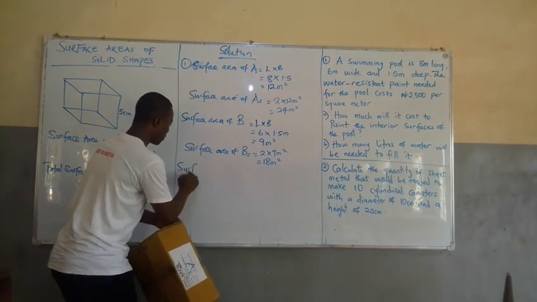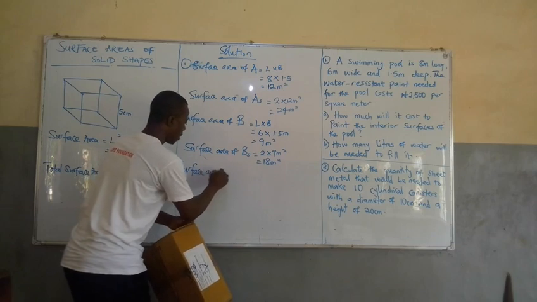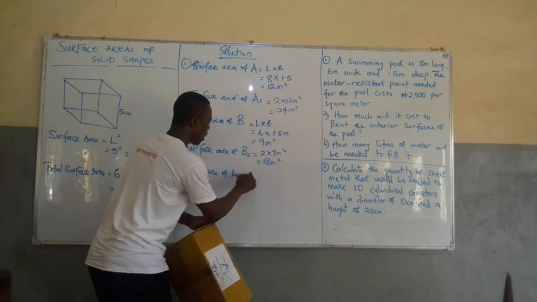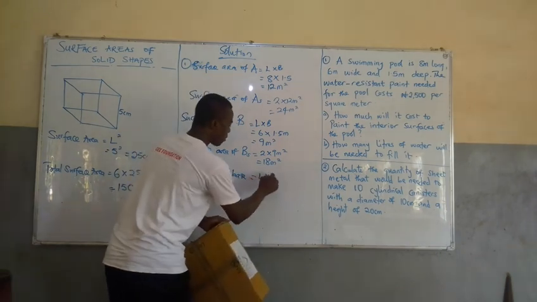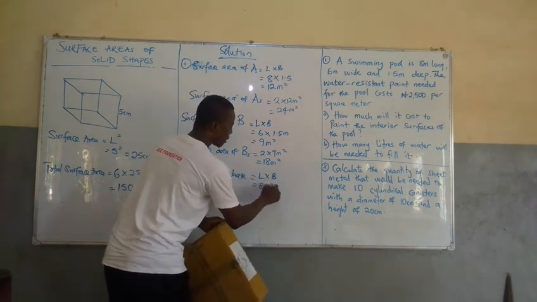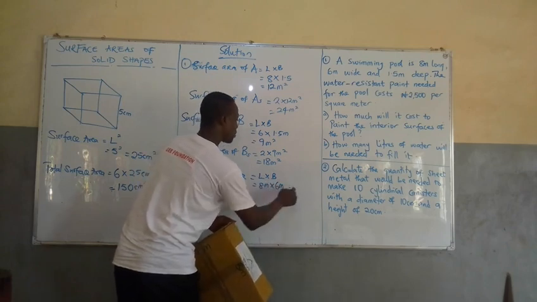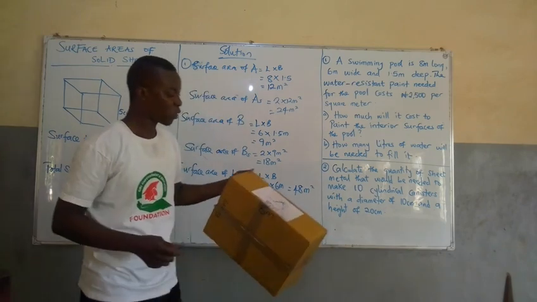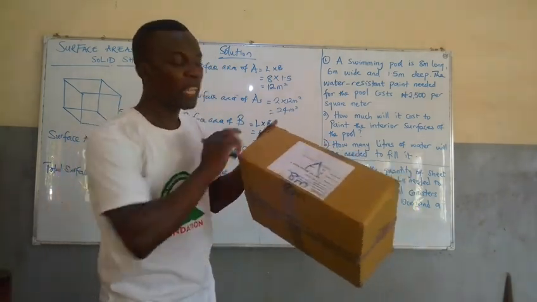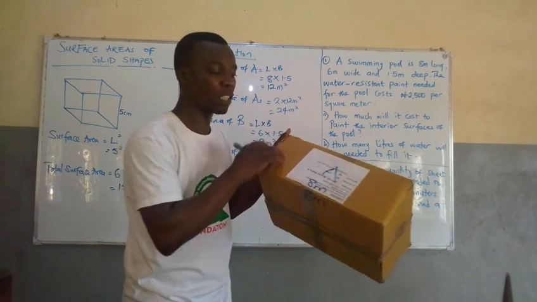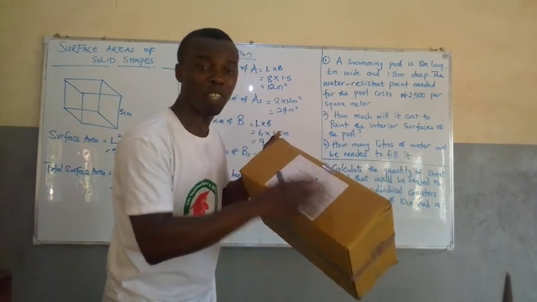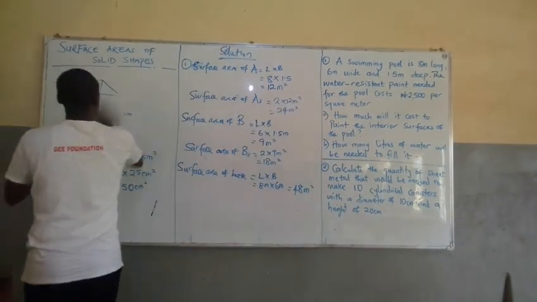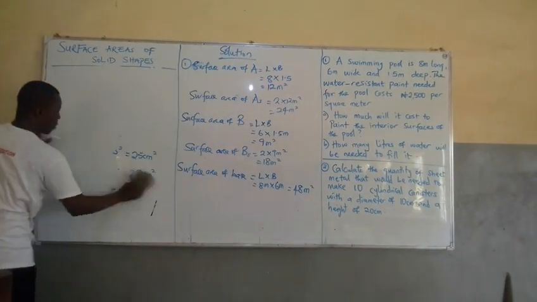So surface area of the base, that would be length times breadth, which you know, that's 8 meter times 6 meters, and that gives us a total of 48 meter square. So you see, now we've been able to find the surface areas of each of these surfaces. So we are going to sum that up together to tell us the total surface area of